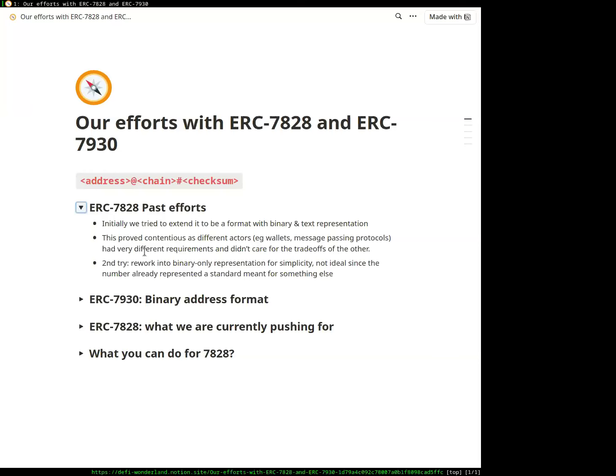And also they need some other guarantees, such as knowing that a given address can have two possible representations, for which a text format is not really optimal. So we decided to serve the needs of two different groups of people. We're going to define two different standards.